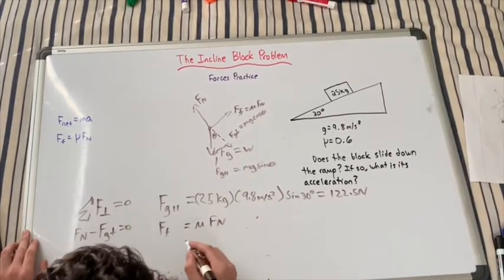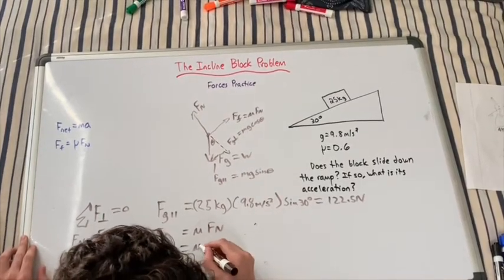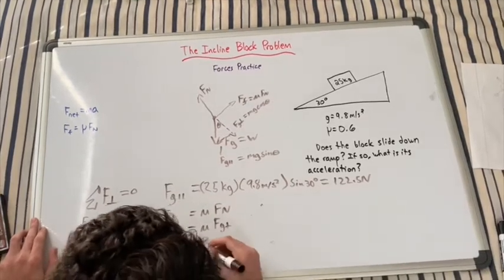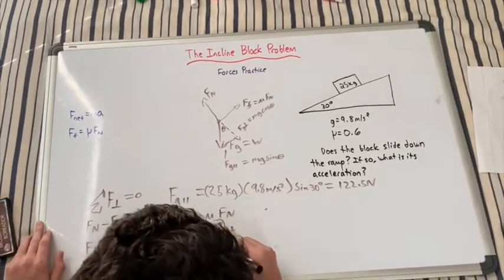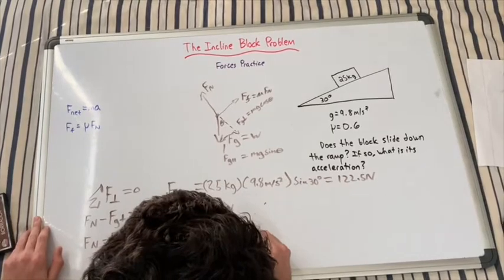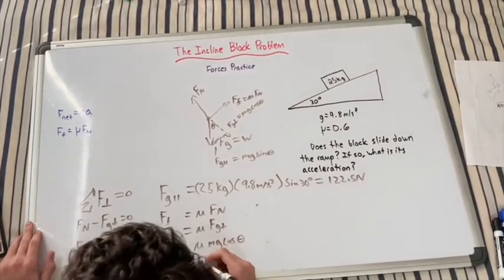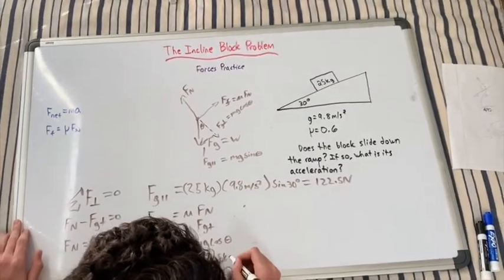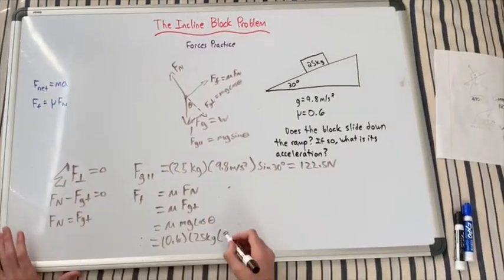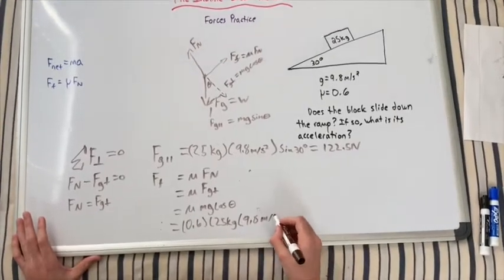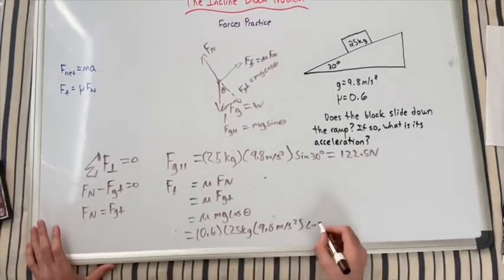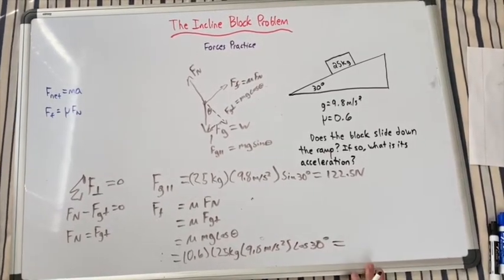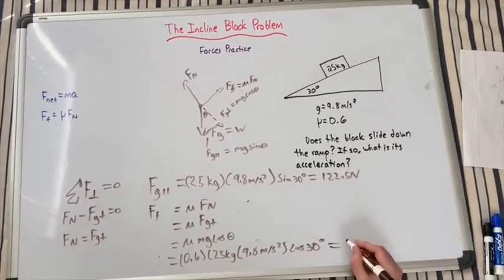Let's do a simple algebraic substitution. And now mu times the force of gravity perpendicular. Now this is equal to mg cosine theta. And now we can plug in our values of 0.6, 25 kilograms, 9.8 meters per second squared, and cosine 30 degrees. And when you do plug it in your calculator, this comes out to about like